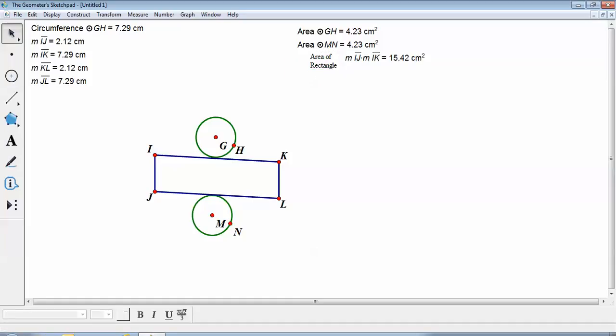Now I've got the area of each of the objects within my net. Now I need to determine the surface area. And you know that the surface area is all those areas added together: the area of your circles, top and bottom, and the area of the rectangle. So to do this, again, there's nothing in the measure